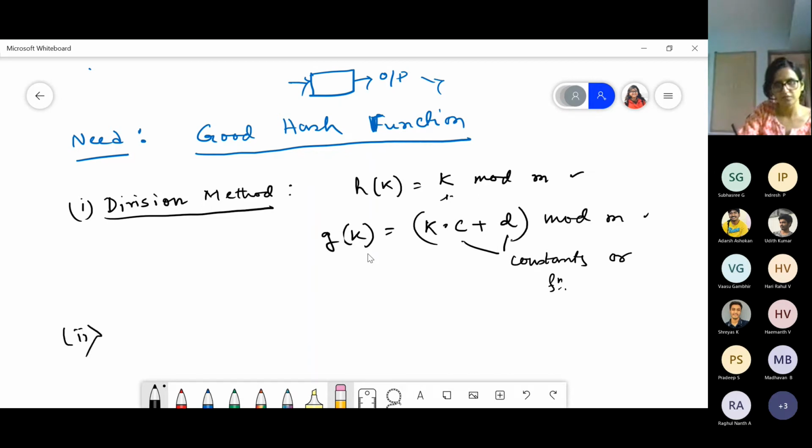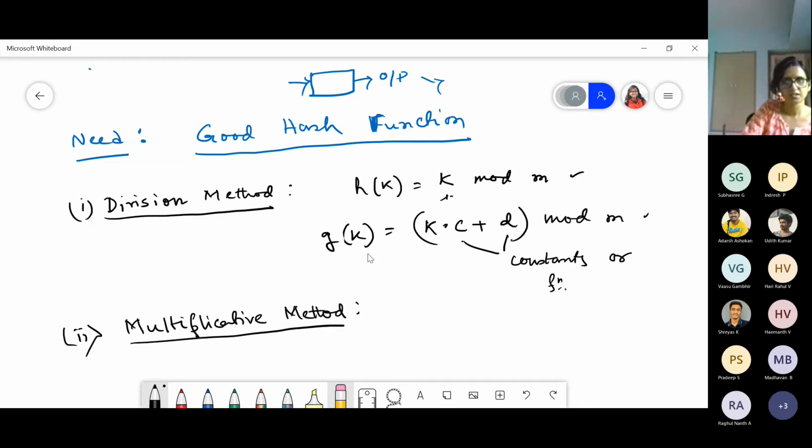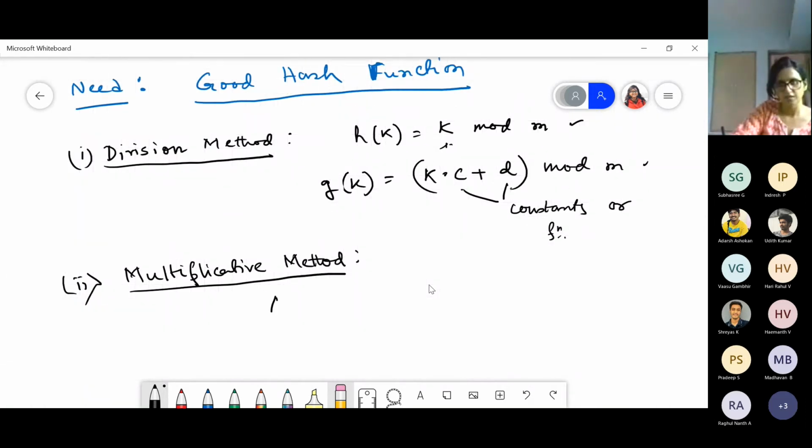Another thing available is called multiplicative, which is just the opposite of division. In this case, we take a fractional number. Say a is a non-negative fractional constant which is less than 1.